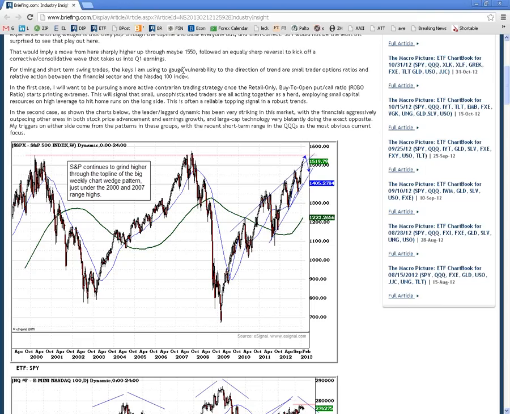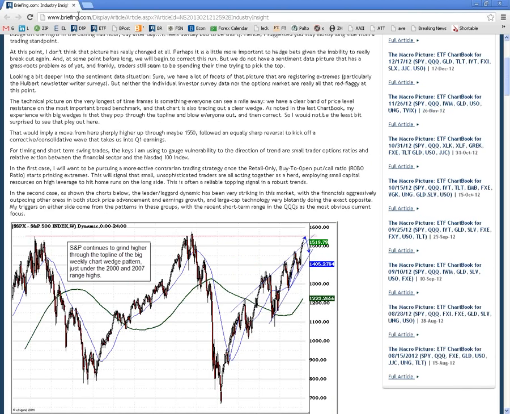I'm not sure, because you didn't see that robo ratio pop, it has me a little worried. There wasn't a lot of people talking about too many bullish people, but maybe not a lot of traders leaning long. And if everybody's just trying to pick the top, then it's going to be tougher to get that correction. But we did,